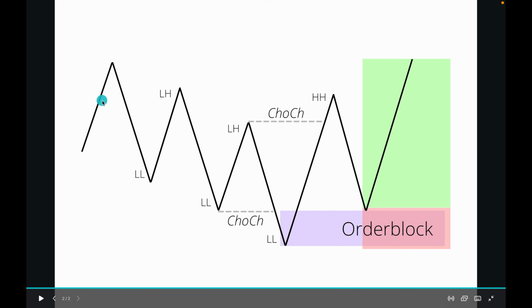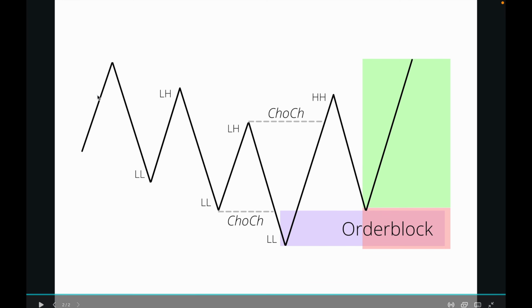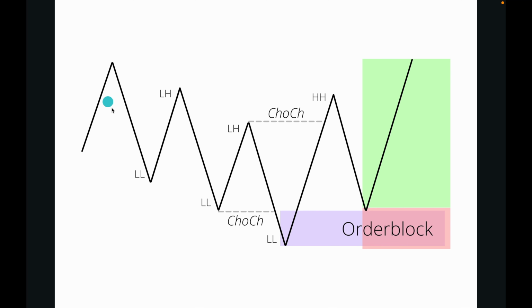Now, as you can see here in this example, we've got some bearish order flow. Okay, so we've got some lower lows forming, and we've got lower highs forming. Now, we've had the last break of structure. Like I said earlier on in the video, this is marked as ChoCh. However, this is just a break of structure. Now, this changes to a ChoCh when we then have the push up and we've broken our lower high, and this is what's indicating the change of character. So this is then marked as a change of character, and then we change this to ChoCh.